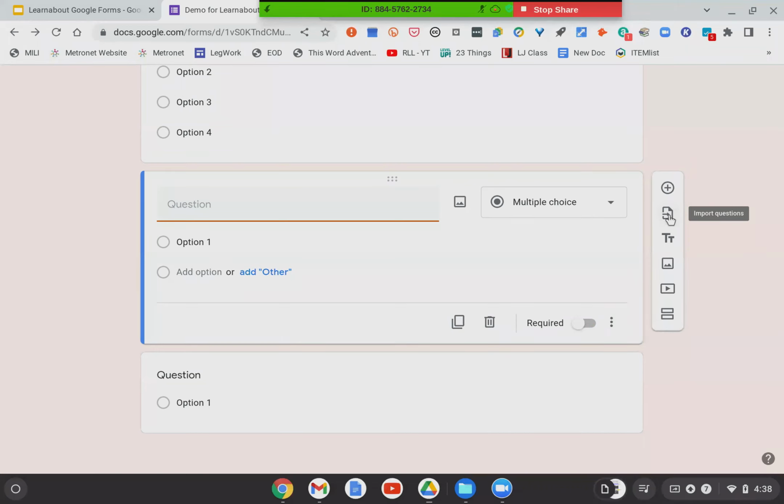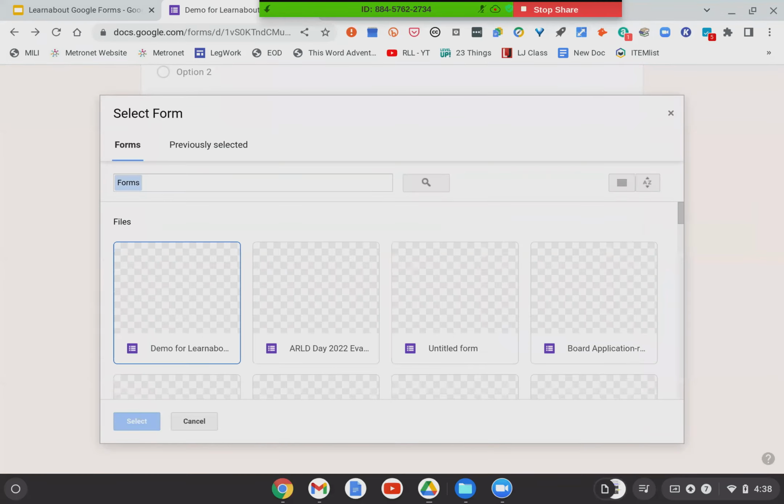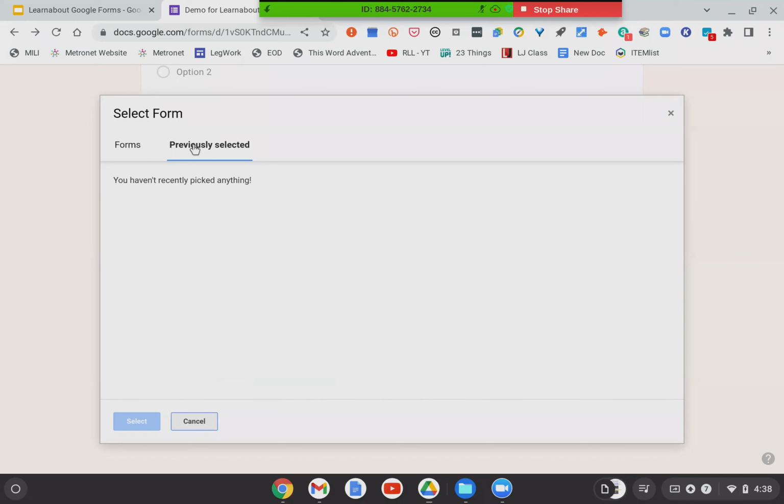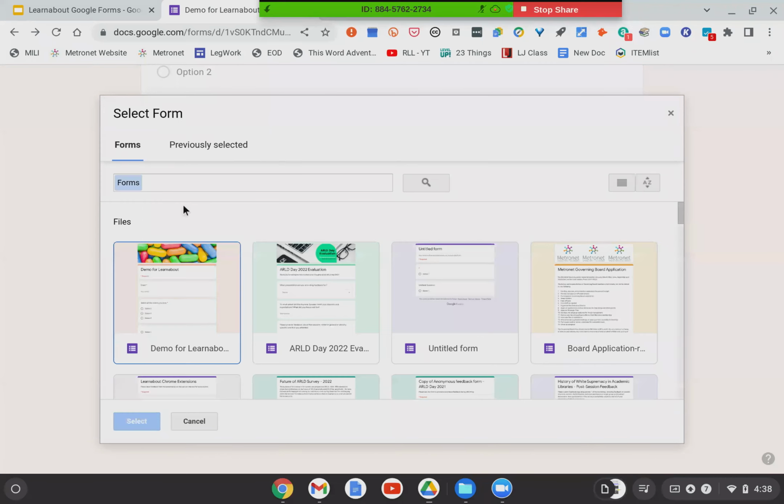Here is the ability to import questions. So if you have a quiz that is set up in, here's from different forms, you can do it from, I haven't previously picked anything.